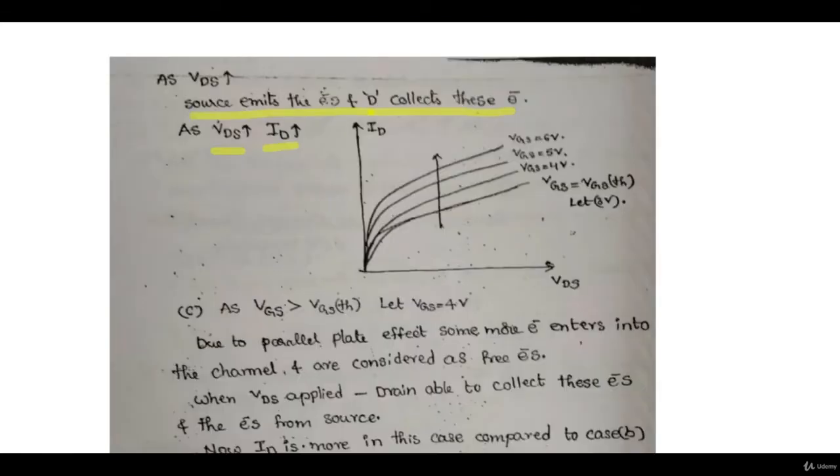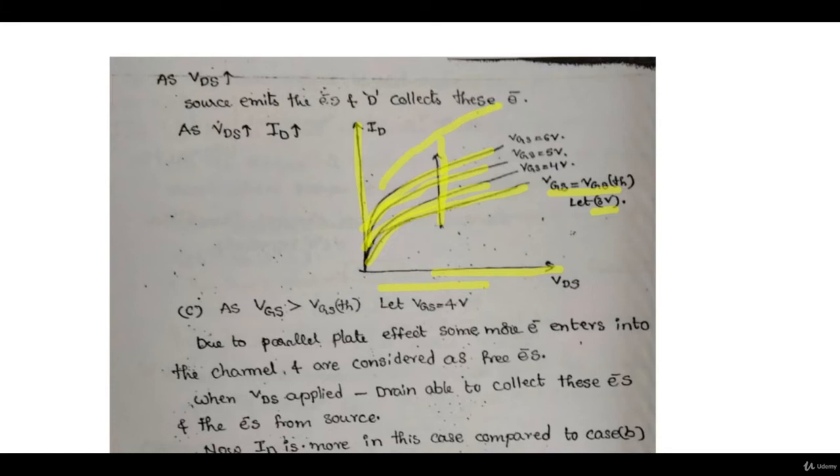Coming back, now we have a certain value of VGS by which we can control the VDS value and hence the current. You can see the curve here. This is ID versus VDS. Here VGS is applied equal to VGS threshold, let's say 3 volt. So this will be the curve for 3 volt VGS. If you increase the value of VGS, you will have these curves, so you are having more current. And if you increase the value of VDS in this direction, your current is increasing in this direction, you can see.